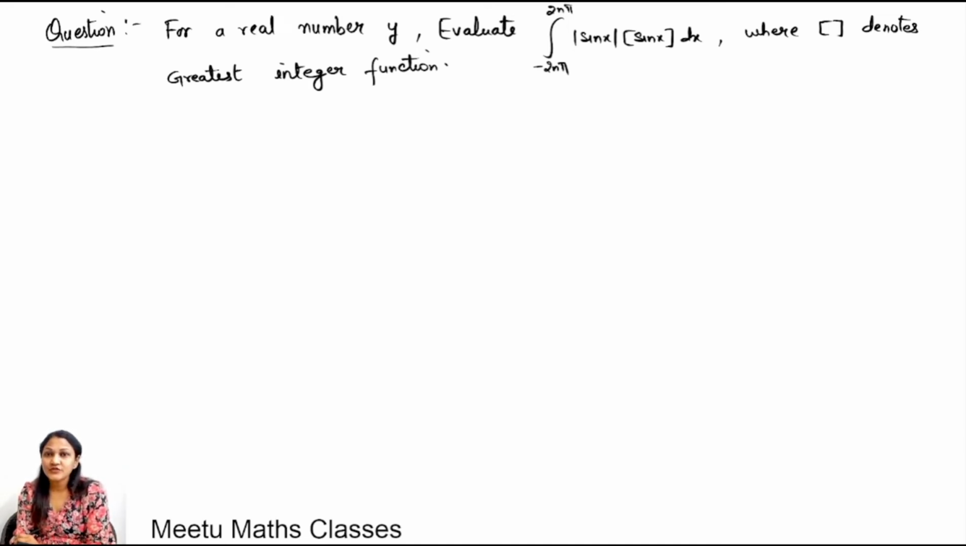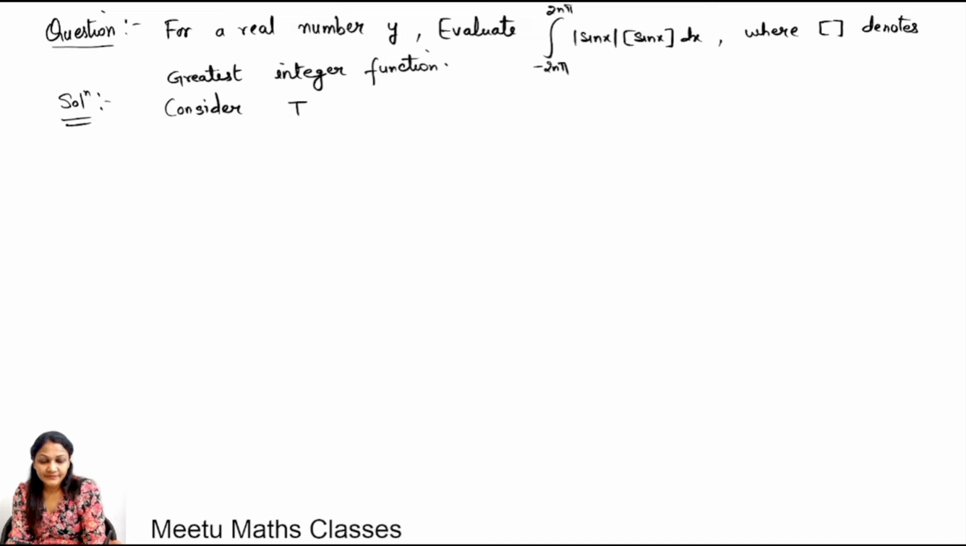This question is for JEE Mains and your topic is definite integrals. This question says for a real number y, evaluate the integral from minus 2n pi to 2n pi of modulus of sin x into greatest integer function of sin x dx, where these brackets denote the greatest integer function. Now to solve this question, let us consider